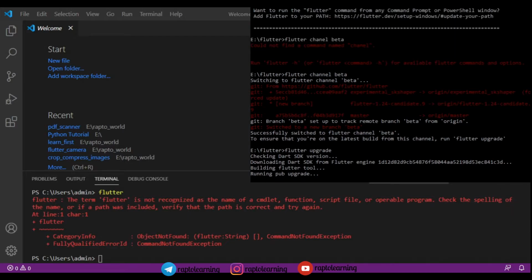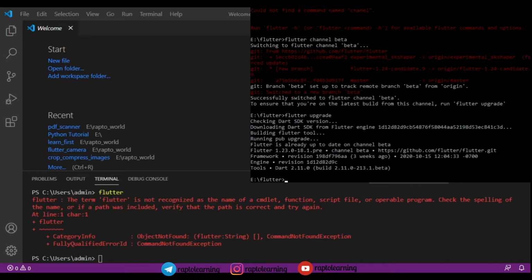So guys, let's give this some time. It will take a certain amount of time to upgrade your Flutter, right? So just be patient and wait for its completion. The most important thing I forgot to say is that you need a good internet connection for this, because it takes a very large amount of time and downloads a lot of data, right? So it has downloaded, and as you can see there, the Dart version is 2.11.0, that is the latest version,